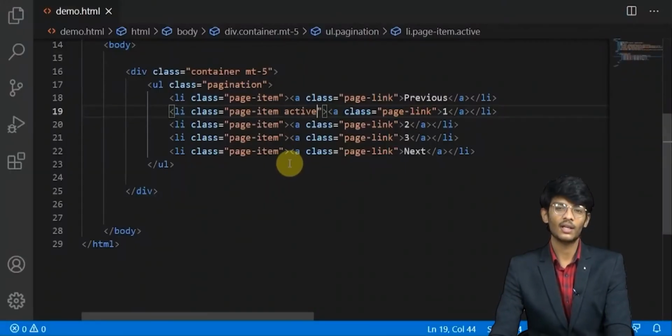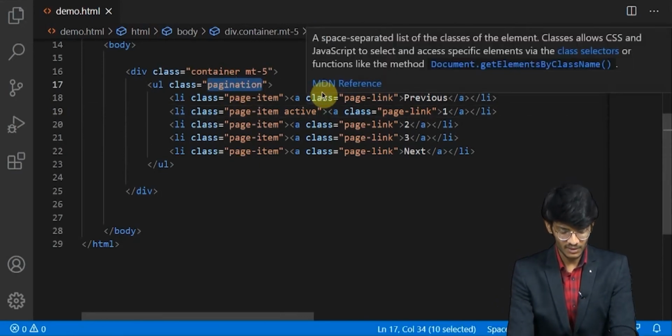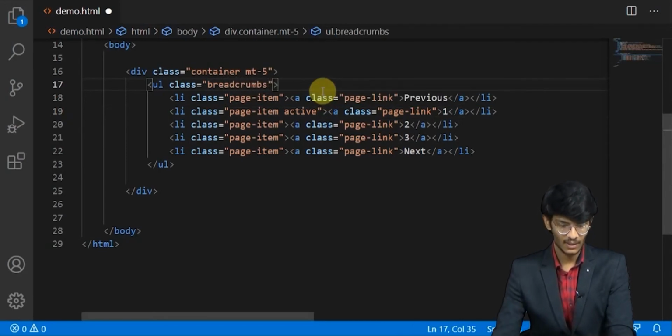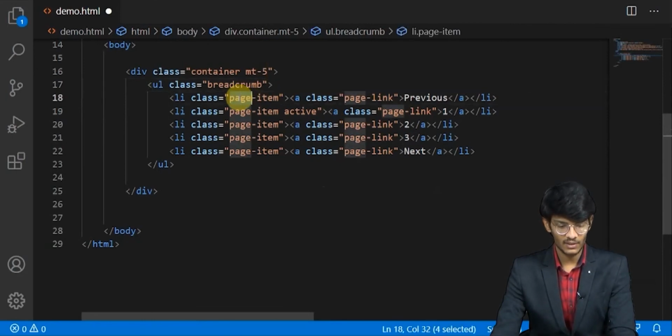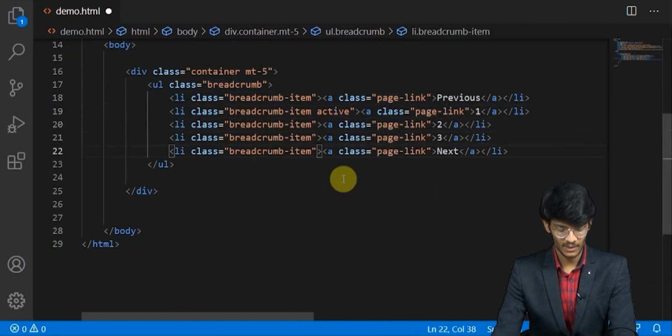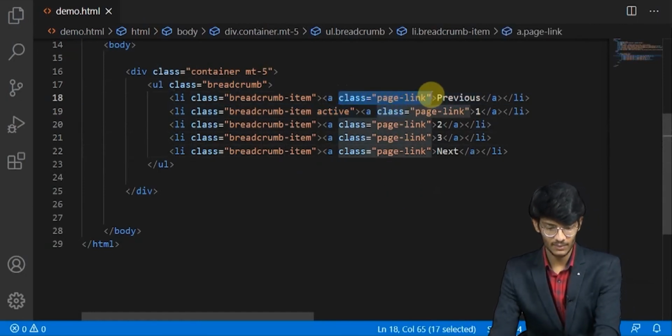So moving on, we have another kind of pagination called breadcrumbs. We'll change the class to breadcrumb, and we'll copy this and change it to breadcrumb item, and we will have to remove the class from the a tag.